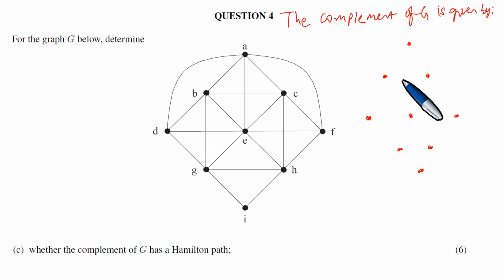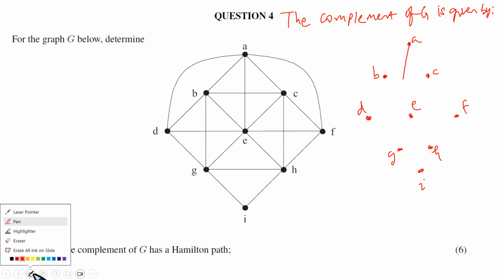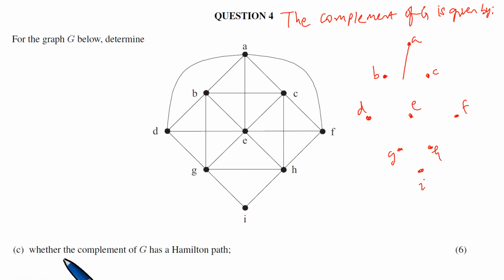Okay, we'll just proceed to connect edges that are not connected, like this one. Let me call this one A, B, C, D, E, F, G, H, I. Can I use a different color, perhaps? Right, so now